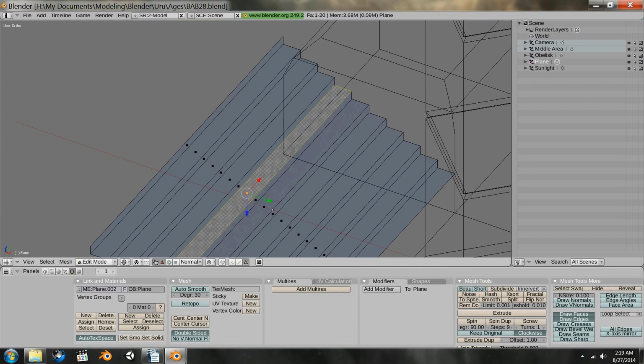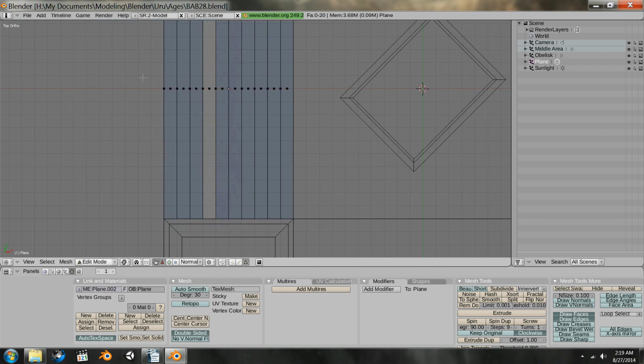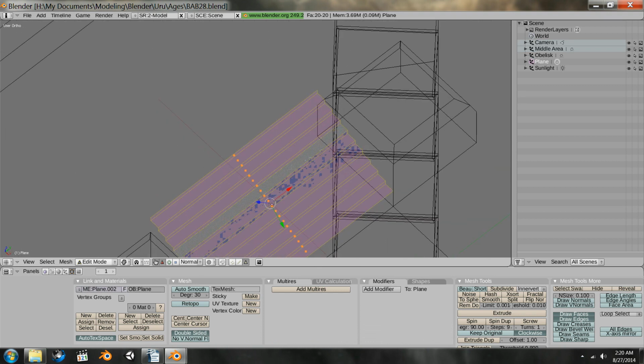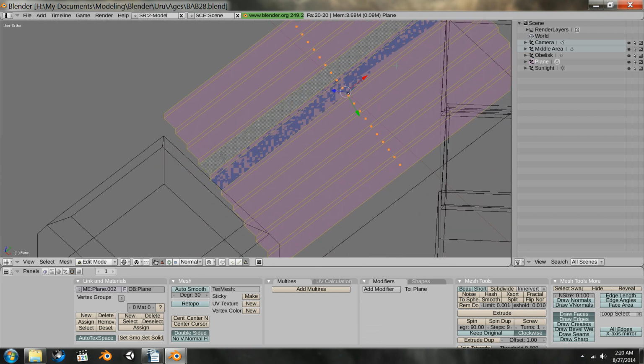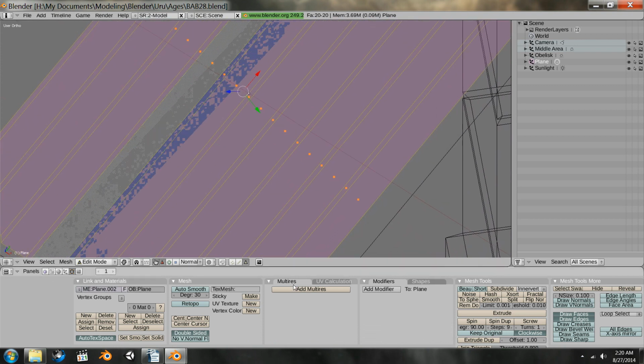We need to change this. So I'm pressing numpad 7 and we're in face mode, so I'm pressing A to deselect, I'm pressing B to box select, I'm dragging over. And what I can do is, just with this small section here, I can now change the normals collectively on average, is the best way I can think to phrase it, by going over here to the